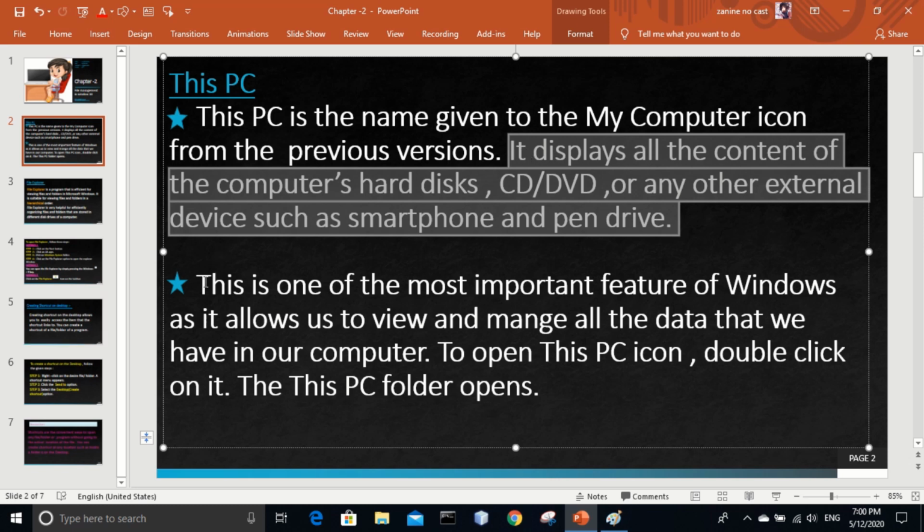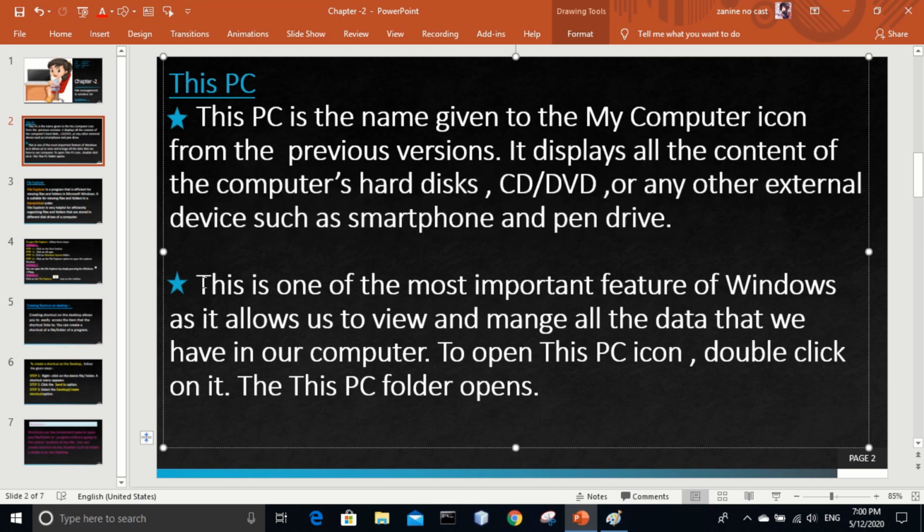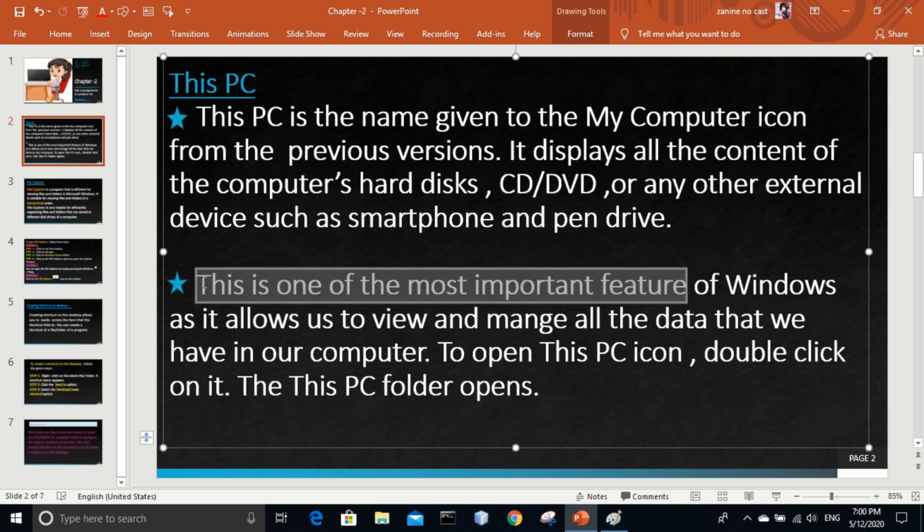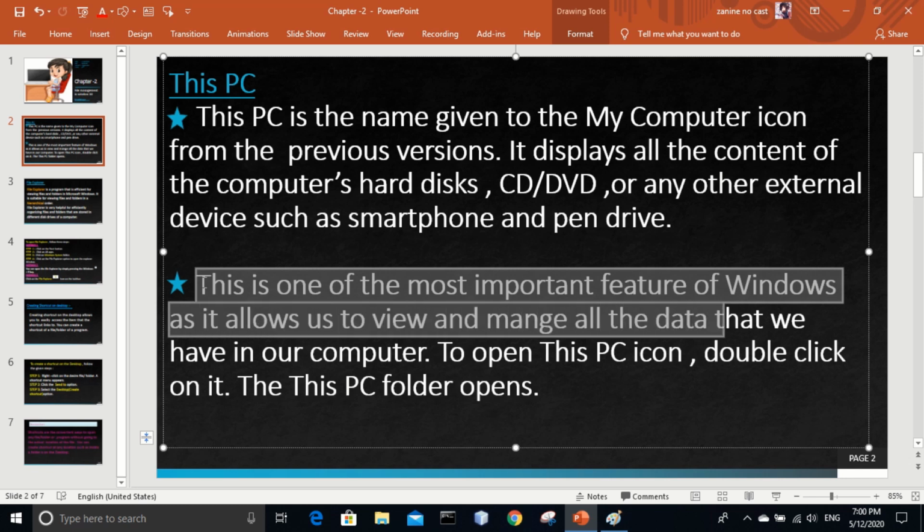So, This PC is one of the most important features of Windows, as it allows us to view and manage all the data that we have in our computer.